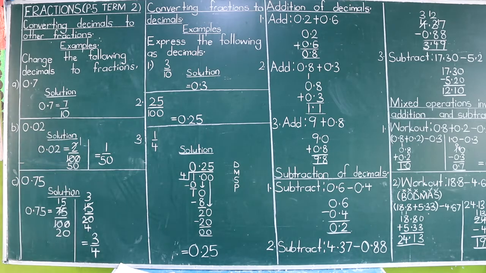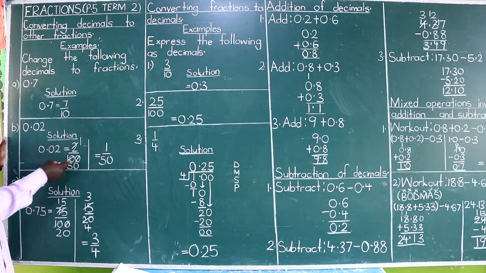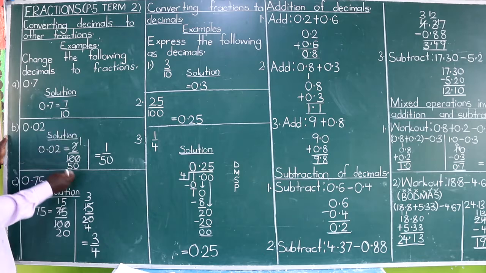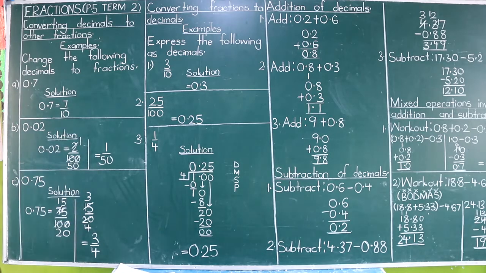And as we learned before, we said all fractions must be reduced apart from square root, reciprocal, and probability. So now, 2 out of 100 must never be left as it is, because 2 and 100 are actually divisible by 2. So we divide by 2. 2 divided by 2 is 1. 100 divided by 2 is 50. So that you get the answer as 1 out of 50, which is actually reduced to its lowest terms. That is 1 out of 50, and that's the answer.